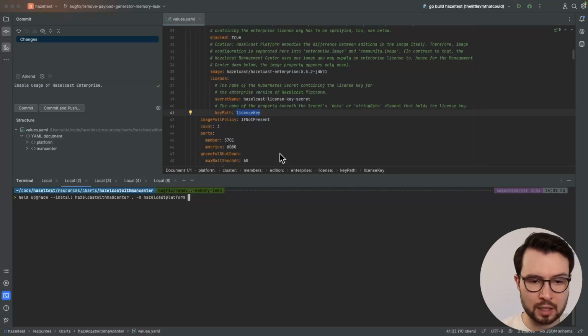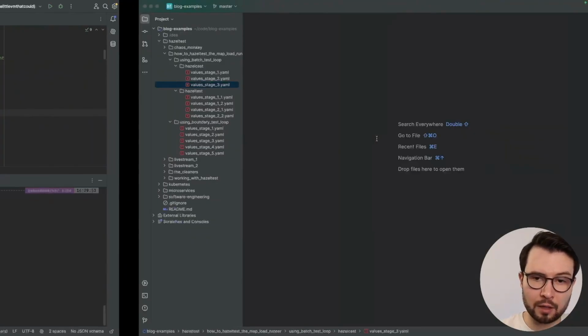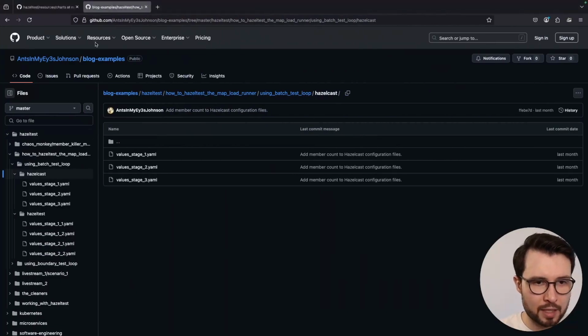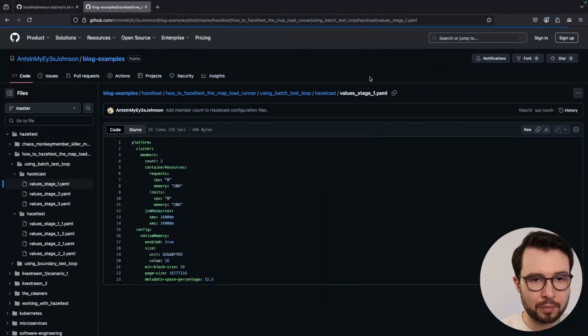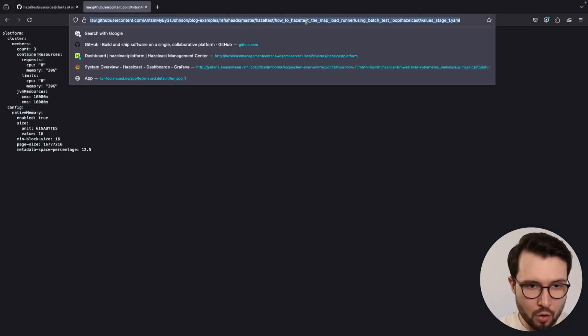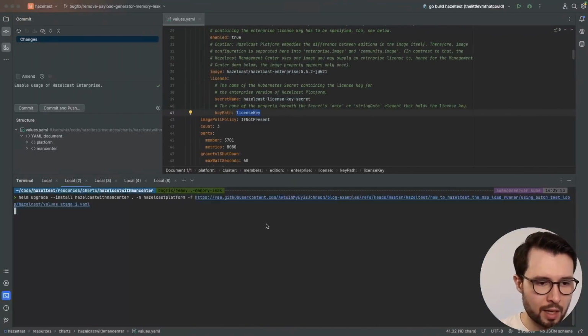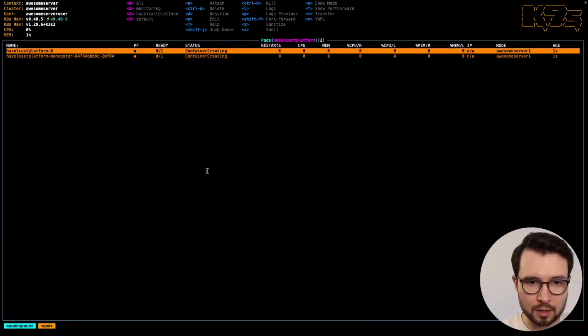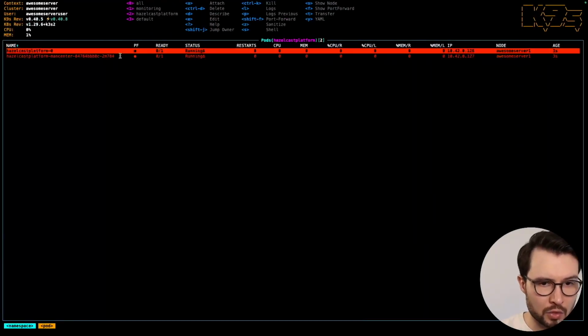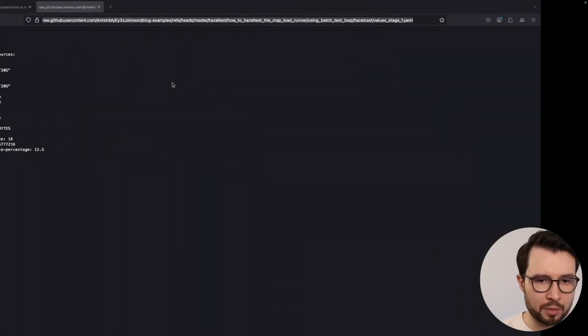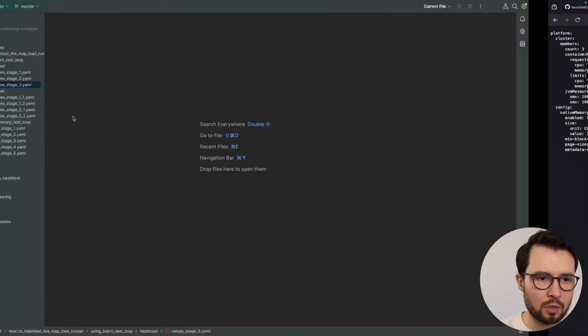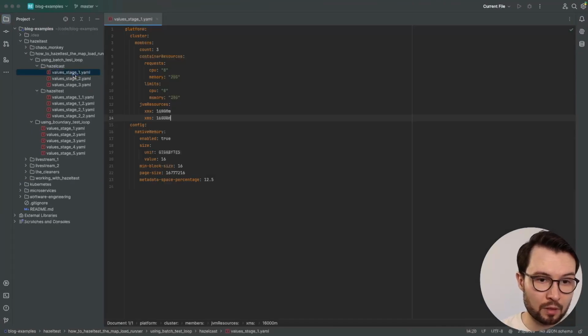So -n Hazelcast platform, and then of course we need a file. And for that, I'm going to go for an install of simply the raw version of the values stage 1 YAML file. Right, and off we go. So these pods are getting installed. This will take a couple of seconds, and while they are getting pulled up, let me show you this configuration